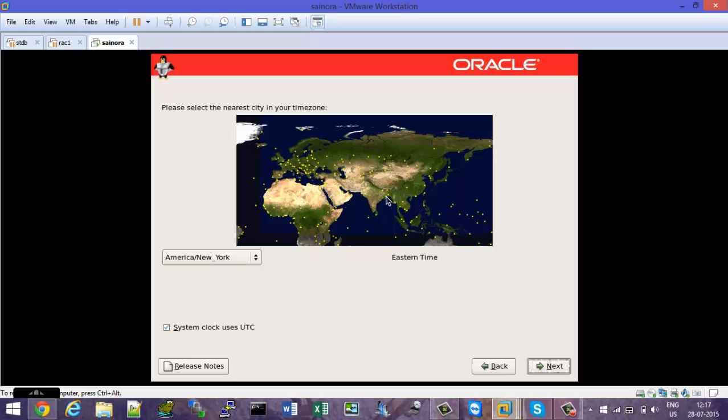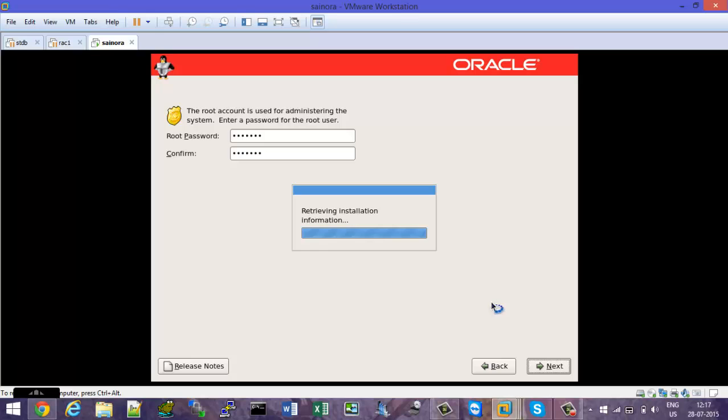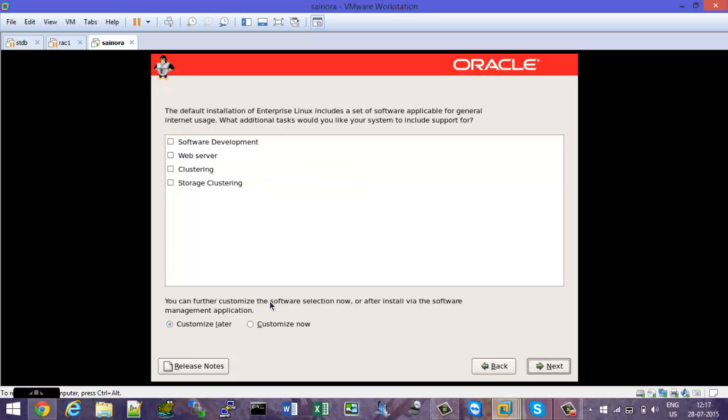and you can click on the country and give the root password. The password should be same. Clicking on next. In this location we need to select the package, so I'm clicking on custom now,